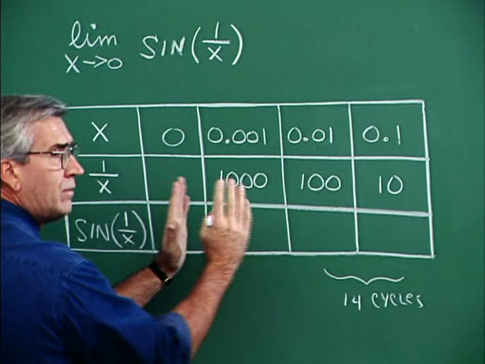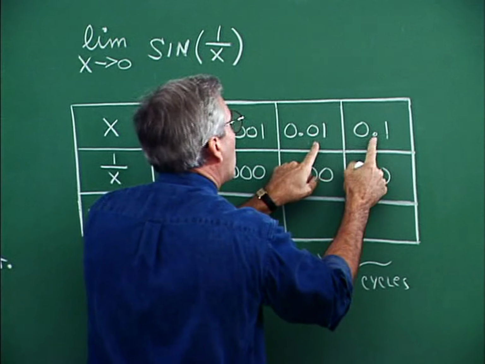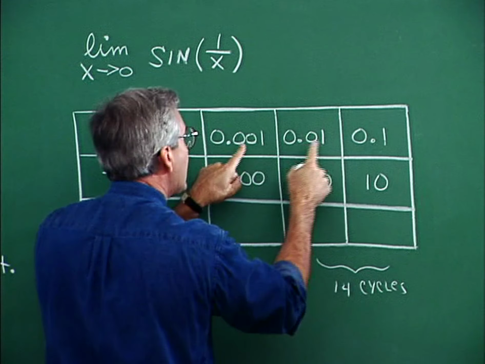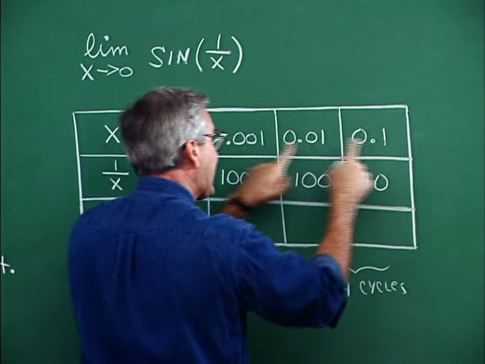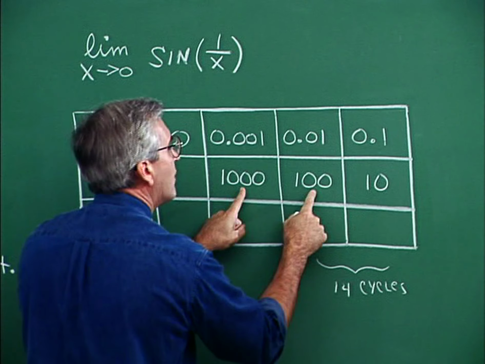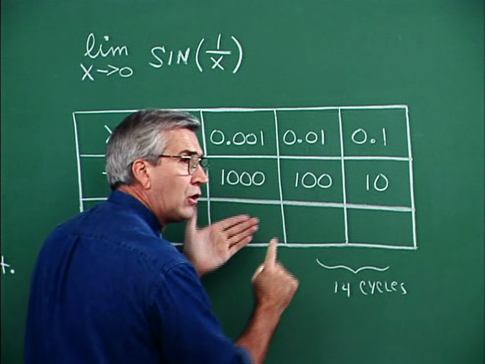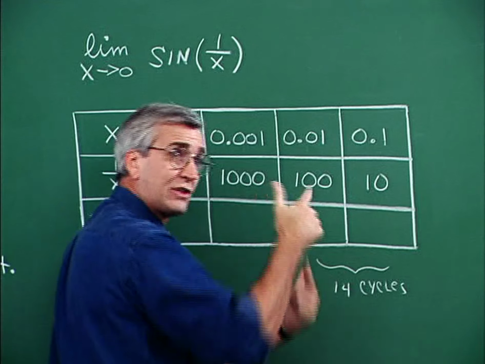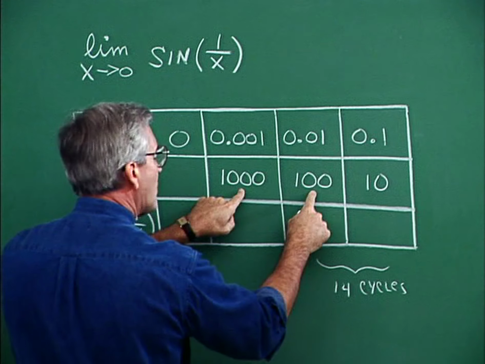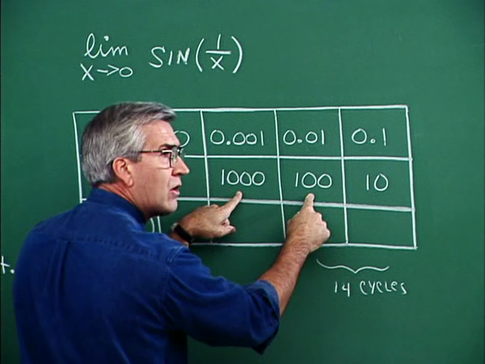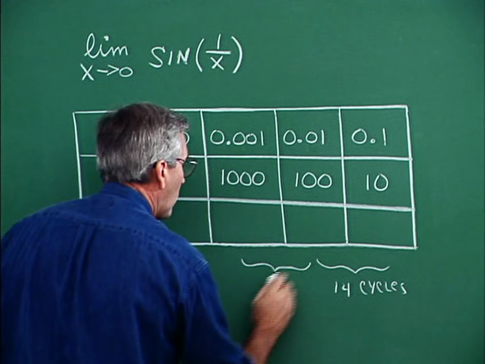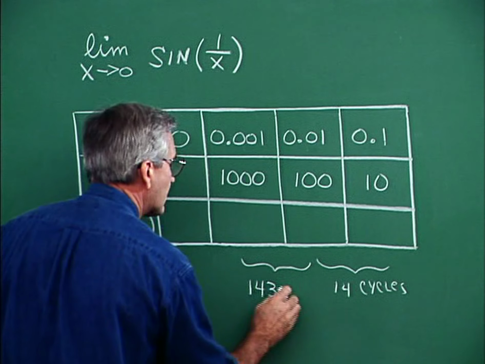Now, although the interval over which we're considering x is larger than that interval, here's a smaller interval than that, and yet we're taking the sine of numbers in a longer interval, you see, because of this reciprocal idea. So between 100 and 1000, if we take the sine of all the numbers in there, we'll find that we have over 143 cycles